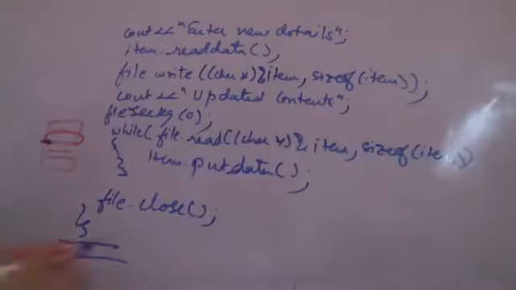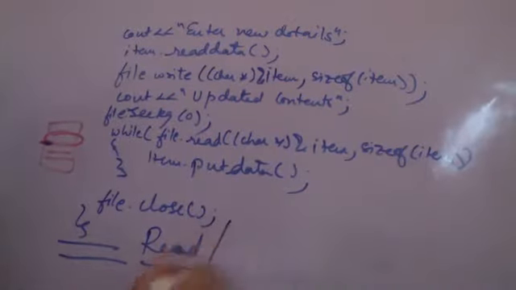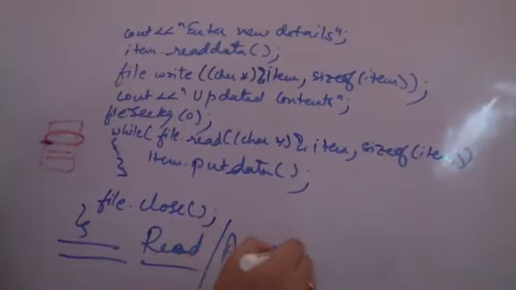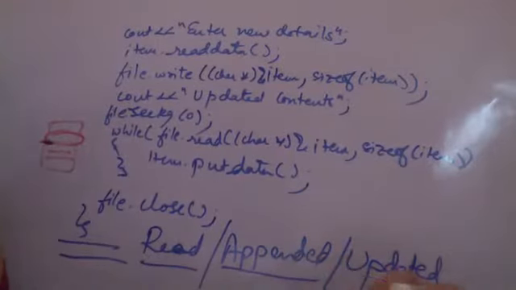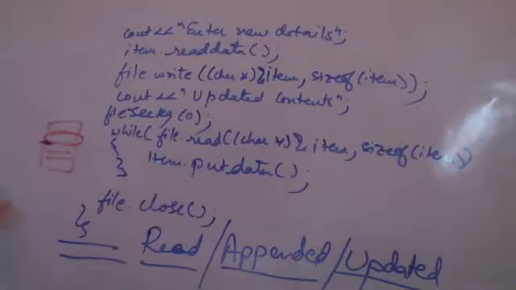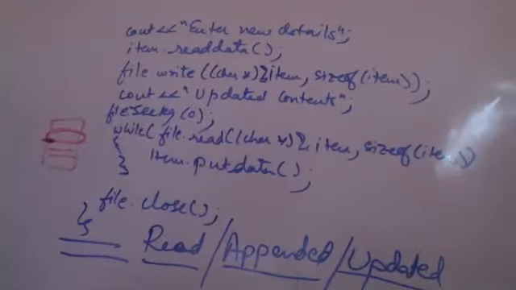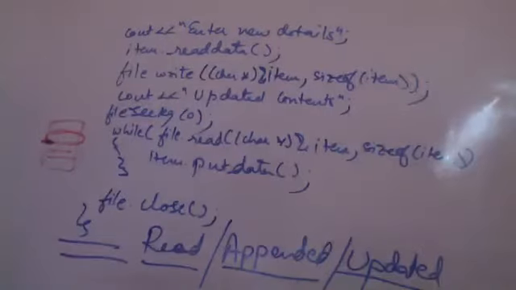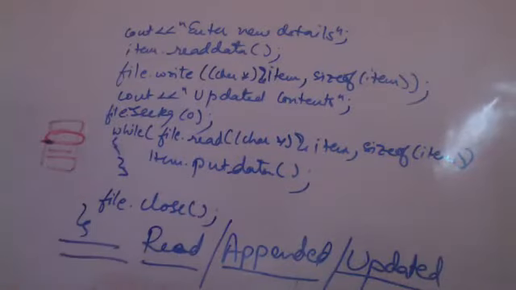So now what we have done is we have read the contents of the file. Whenever required, we have appended new data into the already existing file. And we have updated or modified the contents of an existing record wherever required to some random location in the file using this program. Is it clear to all of you? How can we update, read, append data to a file? This is how we can read entire objects, write entire objects, go to a particular location and modify the current object and so on within a file.